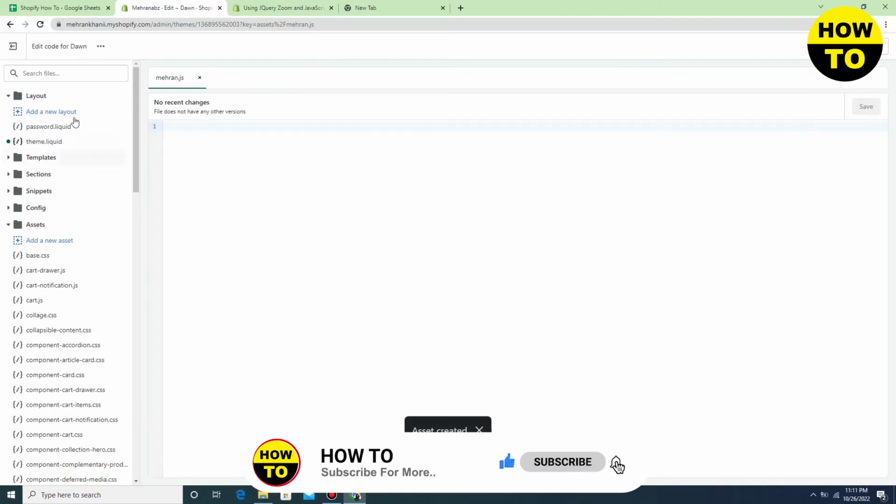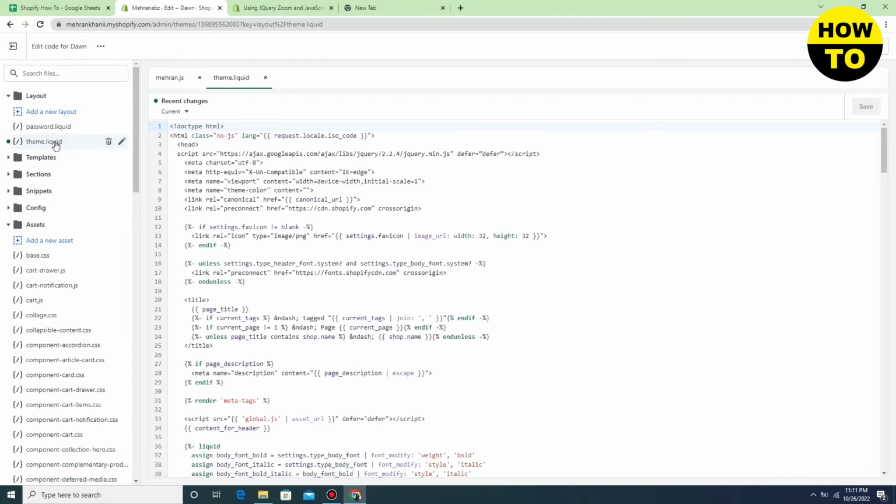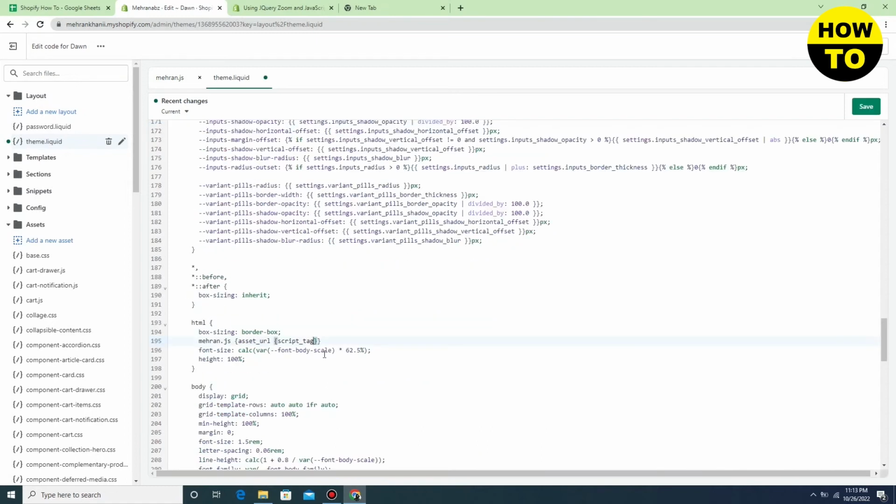And now after this just go to theme liquid and just scroll down here and just type the code here, mine.js. So you can simply copy this code and paste it. In my case I have typed it personally,